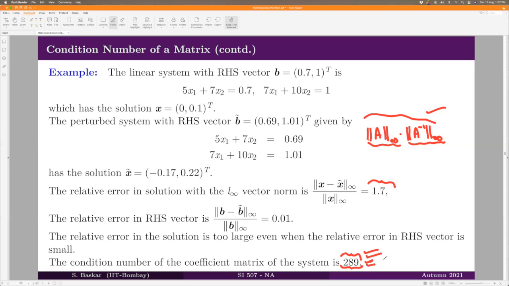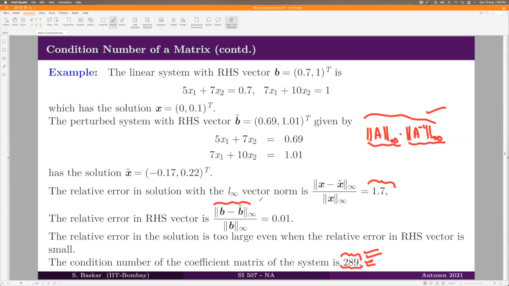If you observe the behavior of that system with respect to one particular norm, the behavior will be more or less the same in other norms also. Therefore, you don't need to worry about that. You fix any of the three norms that we have introduced, you find the condition number of the matrix A. If that is a large number, then you have to be very careful in working with that system because that system will be very sensitive to any error that you commit, not necessarily the right-hand side. Okay, any error that you